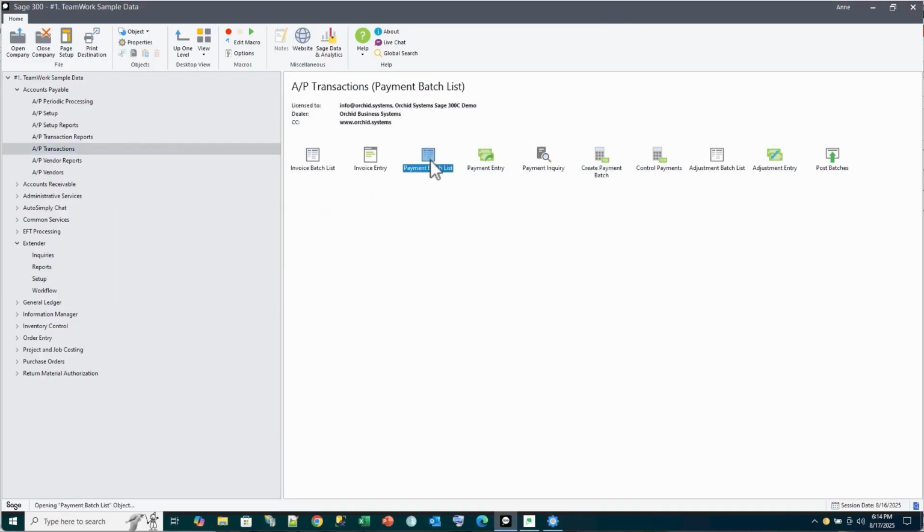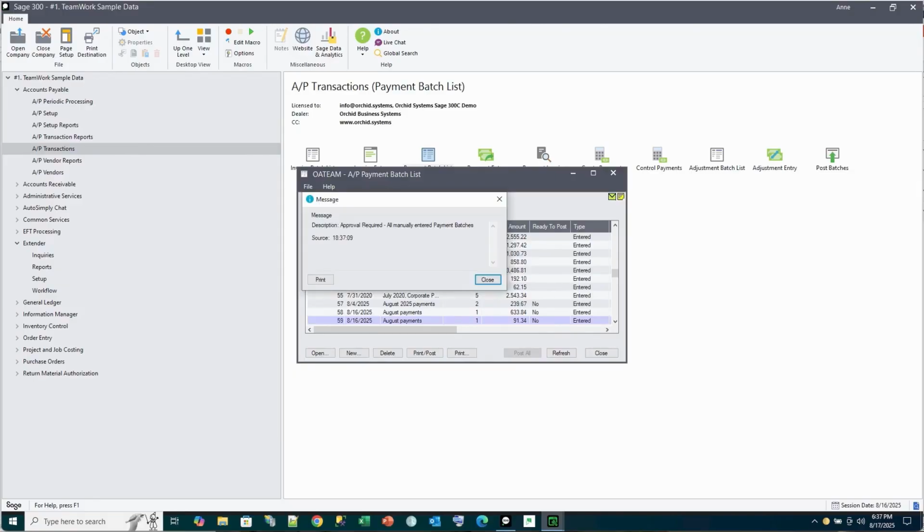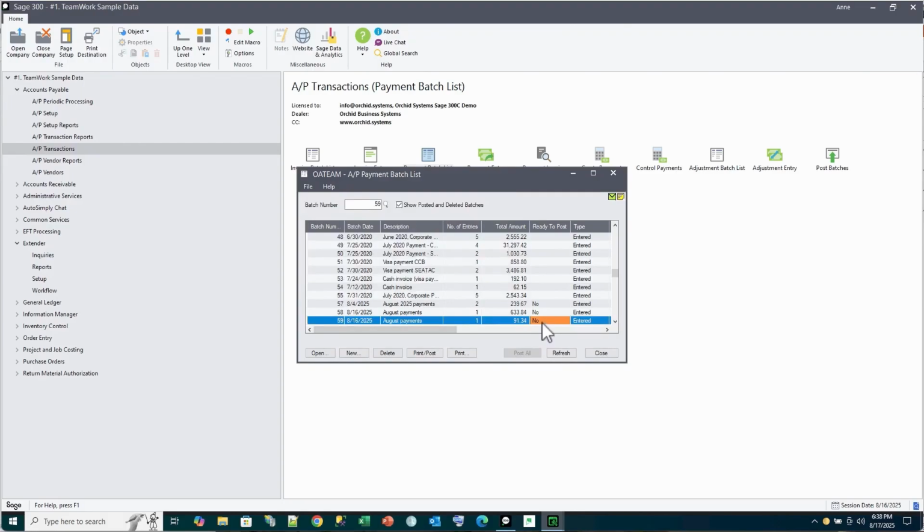So in AP, if we make this batch ready to post, which is the trigger for the workflow just as it was on the GL batch, and that approval is required for all manually entered payment batches, and the ready to post has been set back to no,